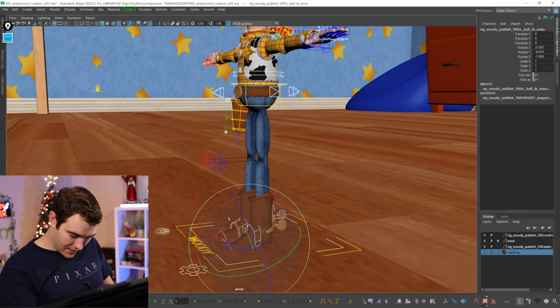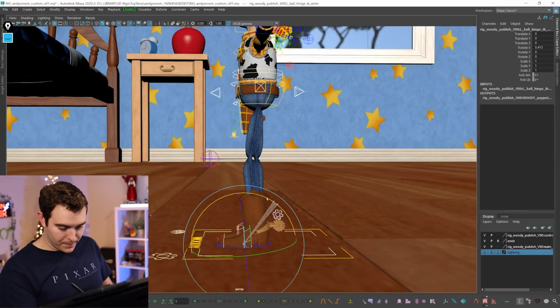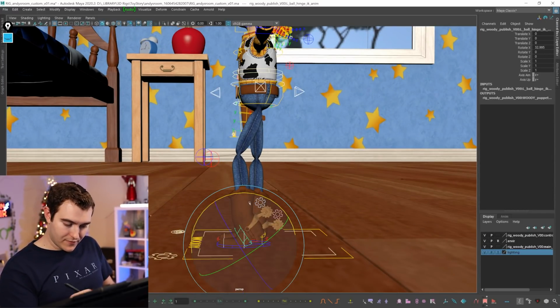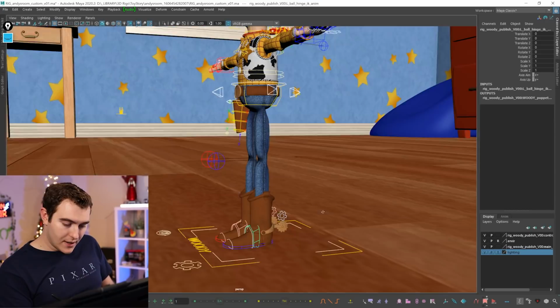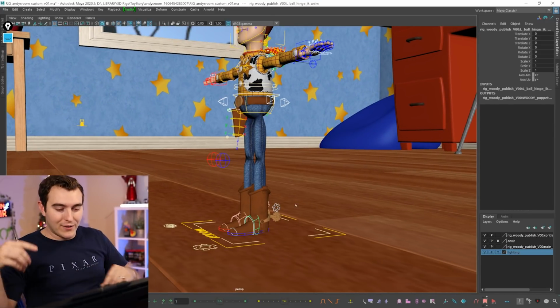Okay, then you also have controls here you can use to move his foot. That one does the top half. Oh, that's nice. That is a nice one, just to do the top half of the foot. So you have that option as well. That's cool. Now, these feet options all work great if Woody's running around like he does,